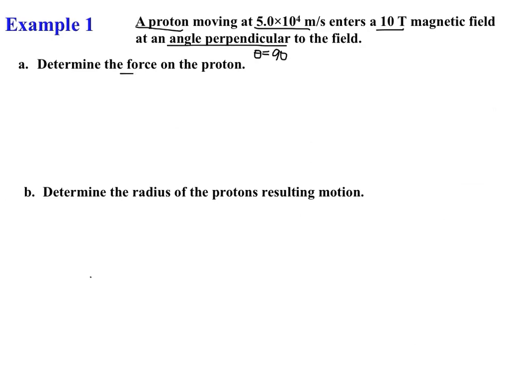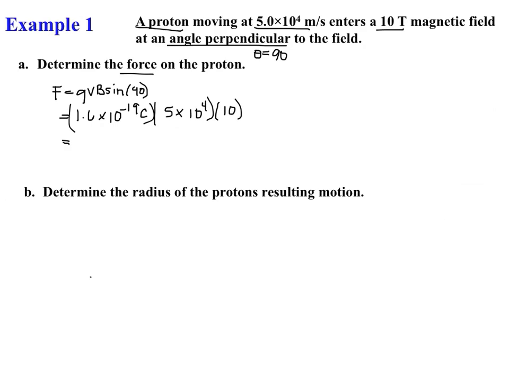So we're asked to solve for the force. The force is equal to Q, V, B, sine of 90, which is just 1, so you can leave that out if you wanted to. The charge is 1.6 times 10 to the negative 19 because it is a proton. The speed is 5 times 10 to the 4th, and the magnetic field is 10. So that gave us a value of 8 times 10 to the negative 14 newtons,